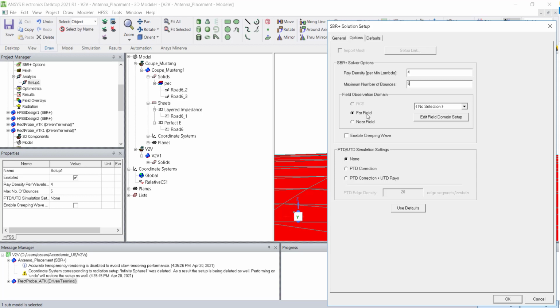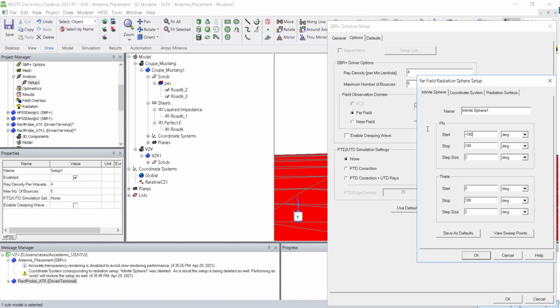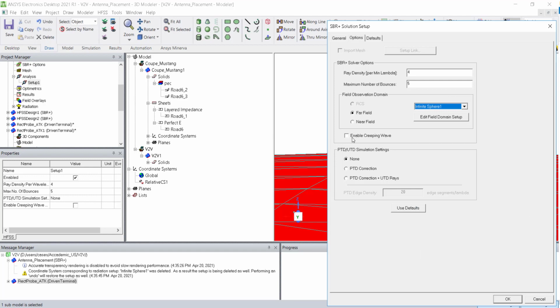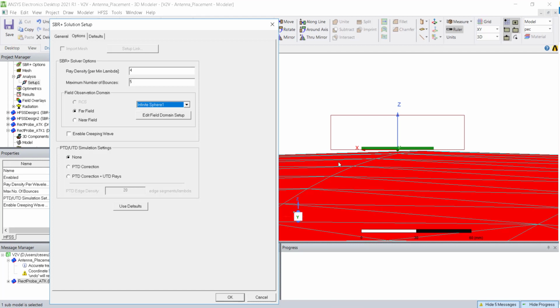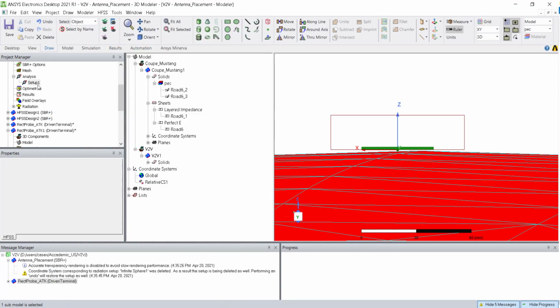So I would like to see the radiated far field. What I need to do is go here, create far field. I can say minus 180 to 180 every 1 degree or 2 degree resolution. Similarly, if I want a full theta cut plane, I better put minus 180 to plus 180 every 2 degrees. This has to be set before the simulation. And since this is a curved geometry, over here you can see the vehicle, the top is curved, right? So the signal can bend towards that curved region. If you want to enable that feature, you can enable the creeping wave feature in HFSS. That will make sure the curvature effect is included. And just click OK and run it.